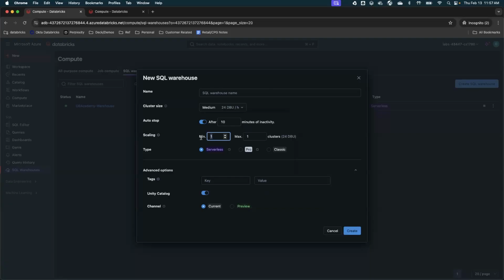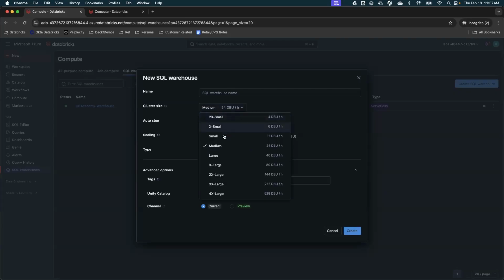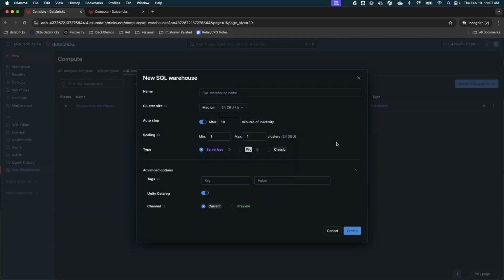Let's say you are running a query and you are starting with a medium instance for 24 DBU per hour. And the query is quite large, right? And when you are parallelizing data and spreading the query across different cores and compute, it will try to use those different clusters to run your query.